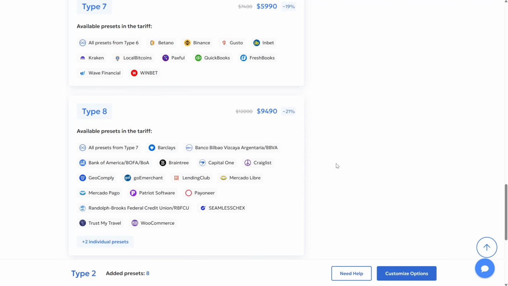What is the secret? Why, for example, can't you use a preset from Google with a preset from Barclay and vice versa? I will not disclose all the technical details, but I will give an example. There are a huge number of anti-fraud systems in the world, and these anti-fraud systems have their own regional settings and also have settings depending on who developed the system and who manages it. That is, a system that, for example, serves a web resource in the United States may have different requirements, and the same system that serves a web resource located in the United Kingdom may have completely different requirements.